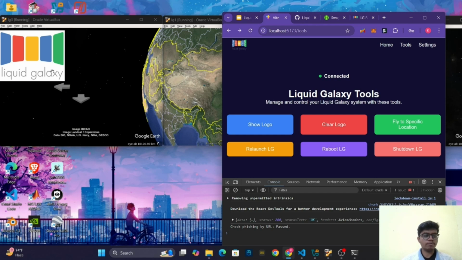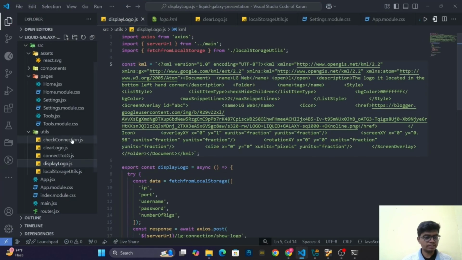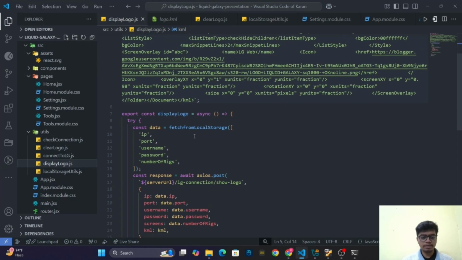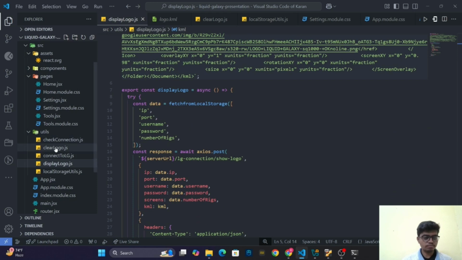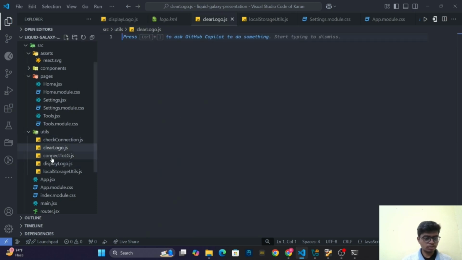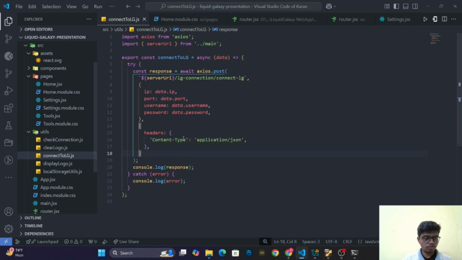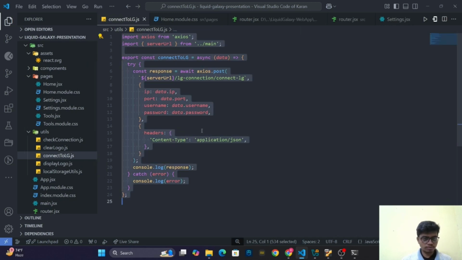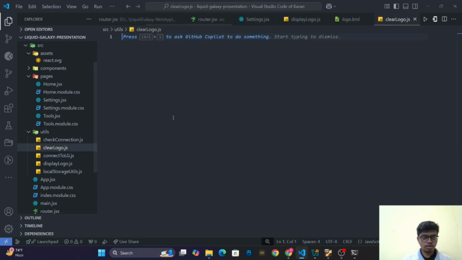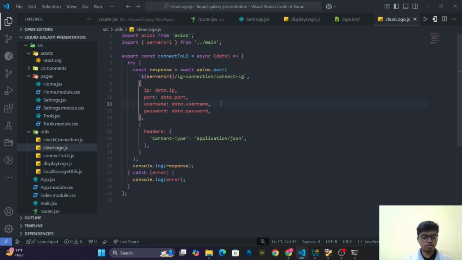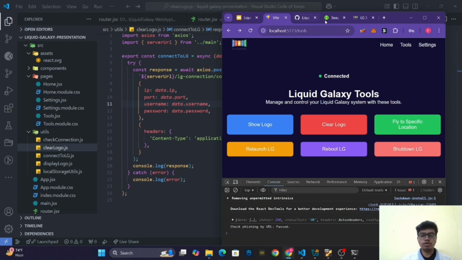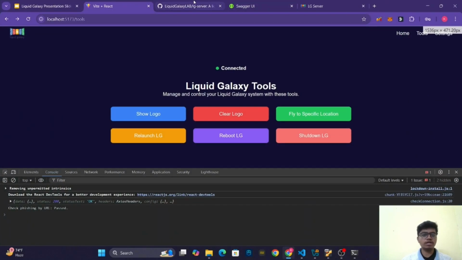So you can see we have got the logo in the leftmost screen. Now coming to the next function, which is clear logo. So now we will implement the clear logo function. Yeah, this is also similar to this one. So we copy this function and simply paste it. So the URL for clear logo function